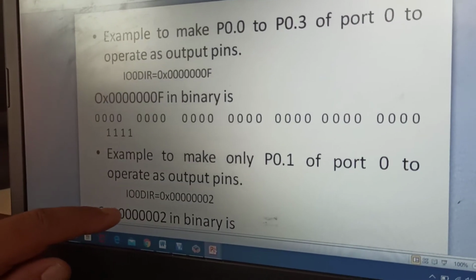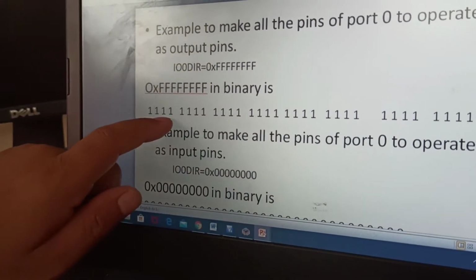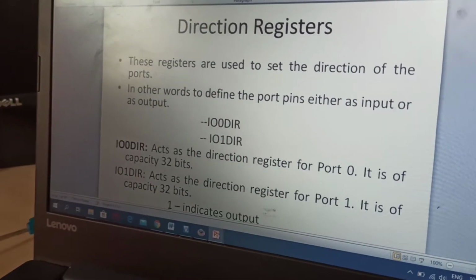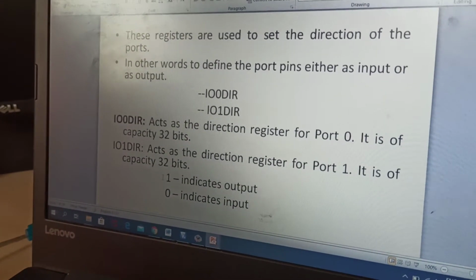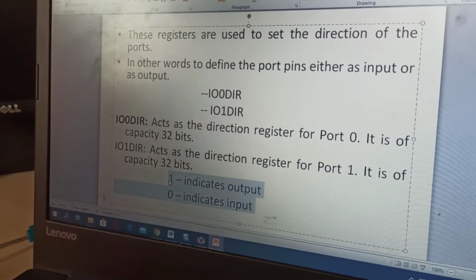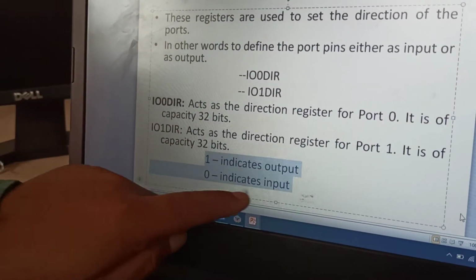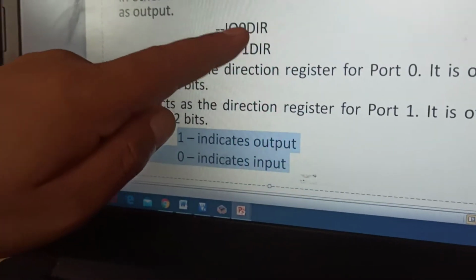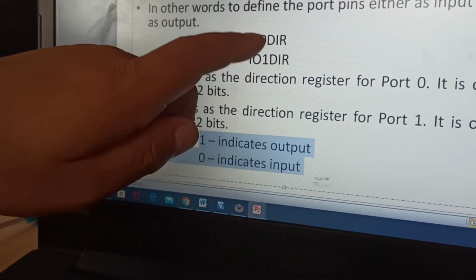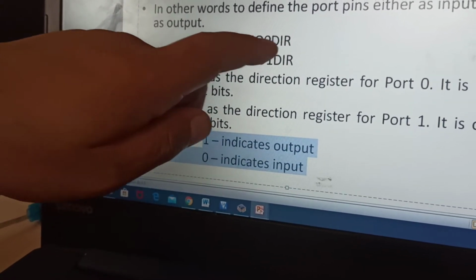Here if you want it as output, you have to make that 1. I'll show that. A 1 in that particular bit indicates output, 0 indicates input. If you want that particular port bits as output, first we have to load 1 in this register.